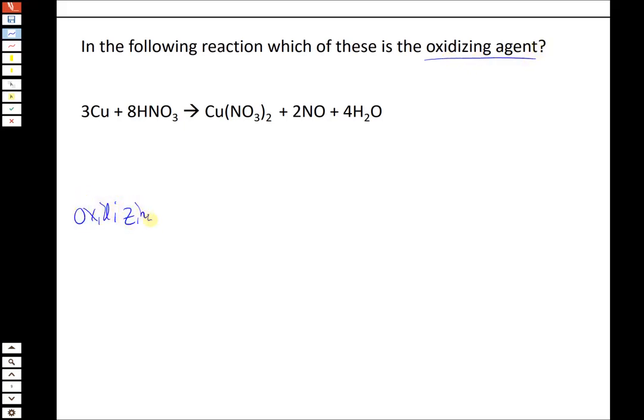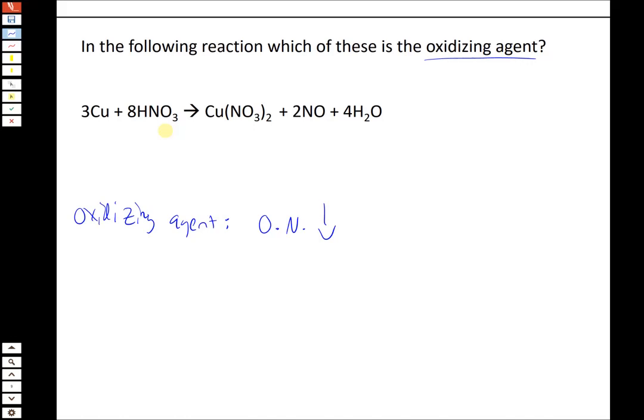It's going to be the one that gets reduced, the one that gains electrons, but the easiest way to identify it is to assign oxidation numbers and look for the one where the oxidation number is going to decrease during the reaction between the reactant and the product side. So when we're identifying oxidizing or reducing agents in a chemical equation, getting oxidized or getting reduced, however the problem is worded, the most straightforward and most accurate way to do that is going to be to assign